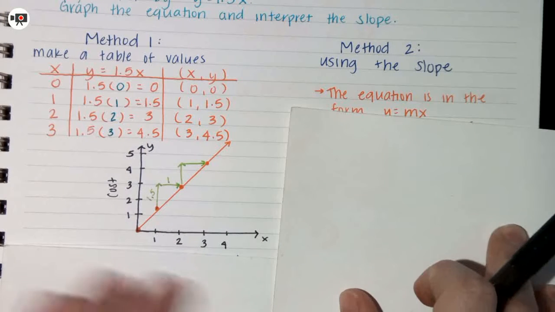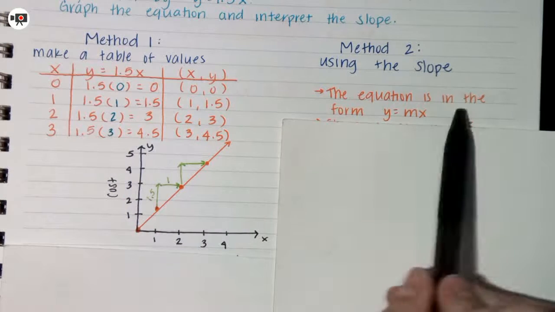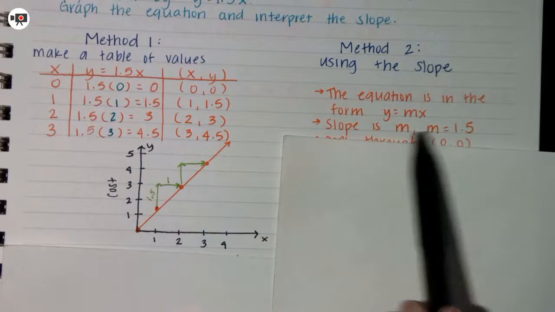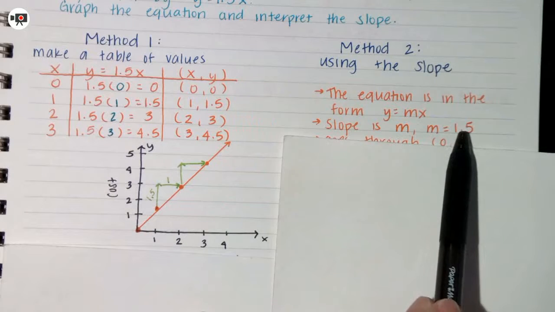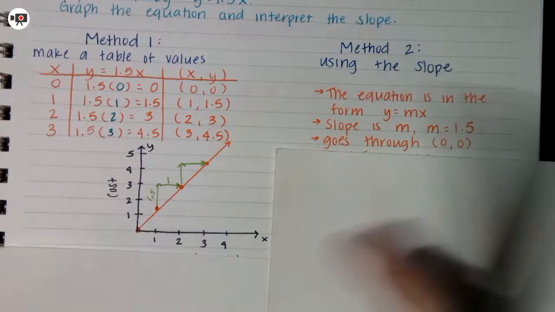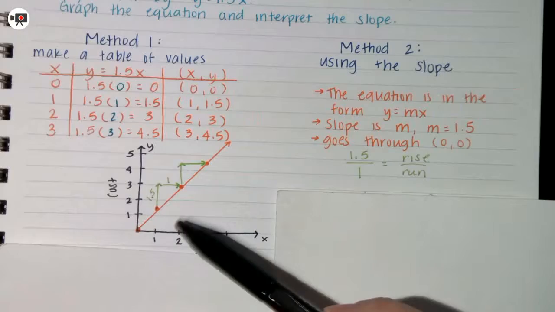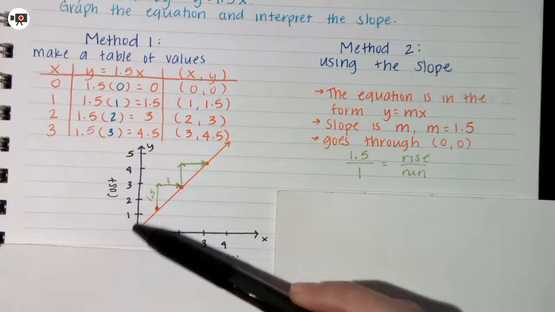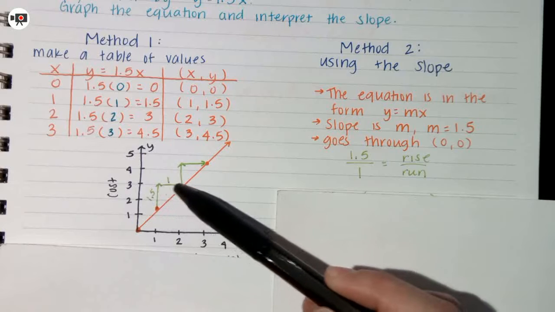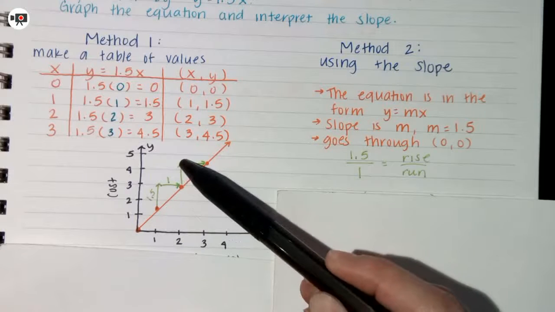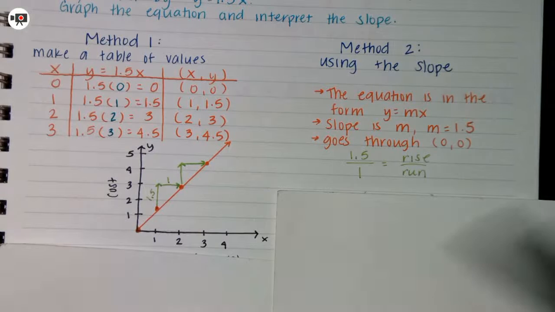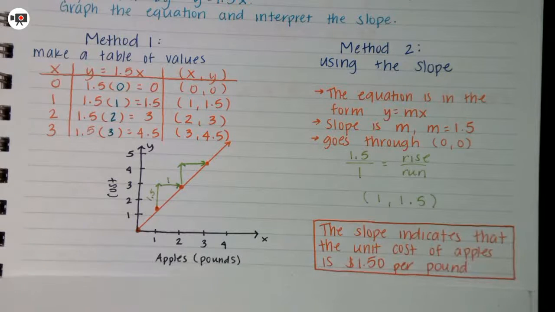Method 2, we're going to use the slope. I know the equation is in the form y equals mx, and I know that slope is m, and here m was 1.5. And it's going to go through the origin, so I could start with my origin. And then I also know that slope is rise over run. So that means I'm going to go up 1.5 to the right 1, put a dot. Up 1.5 to the right 1, put another one. Up 1.5 to the right 1, up 1.5 to the right 1. And so we get